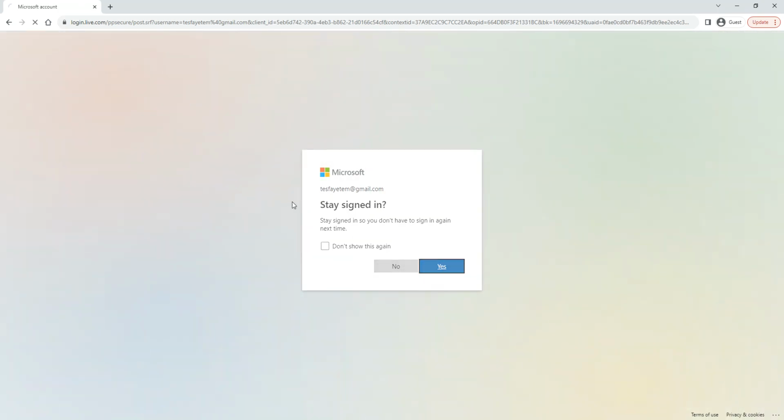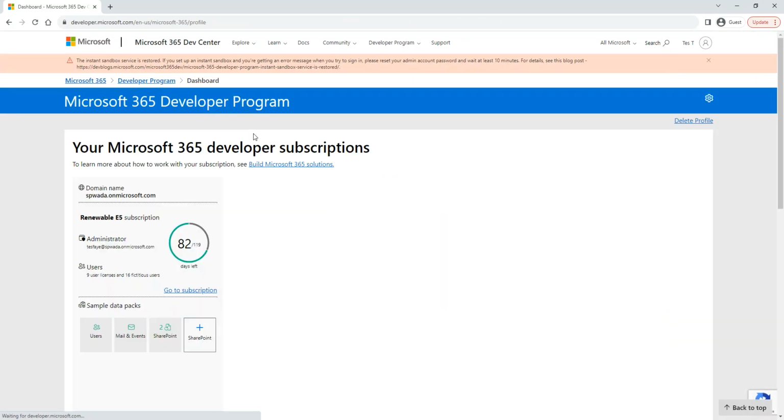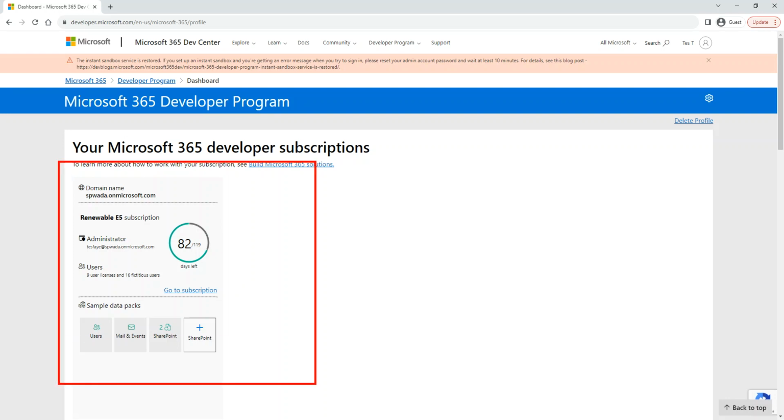Since I already used this Gmail to set up Office 365, as you can see, it says this email was previously used to create an Office 365 development environment, which shows 82 days to expire. It has a renewable E5, and that's my tenant. So I can't use this one.